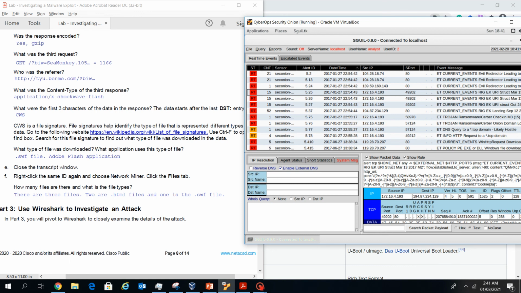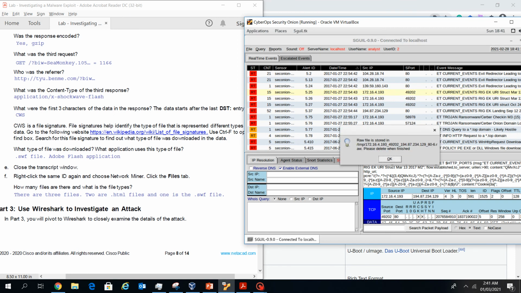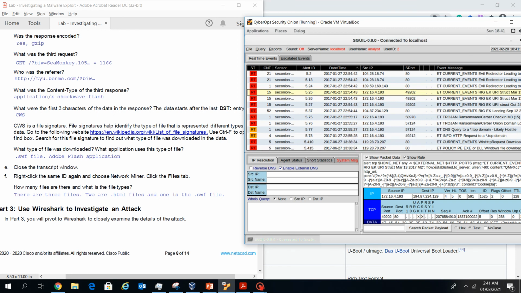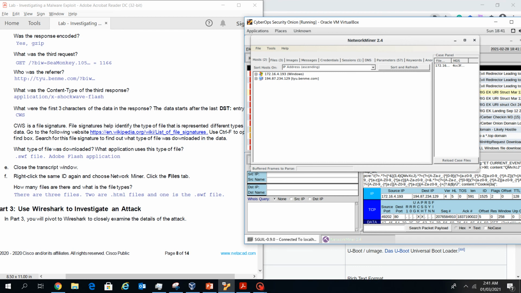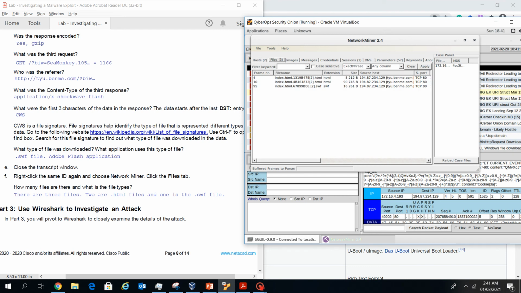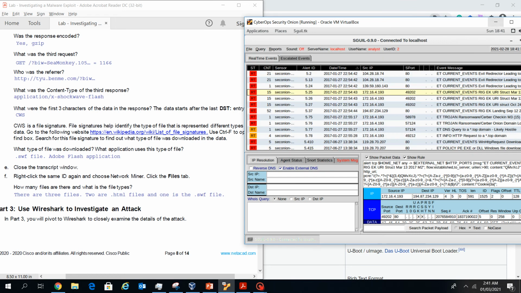And right click in the same ID here, we will run the network miner. Go to files. How many files? We have 3 files here, 2 HTML and 1 .swf file. Then next we will use Wireshark in part 3. So here just remain